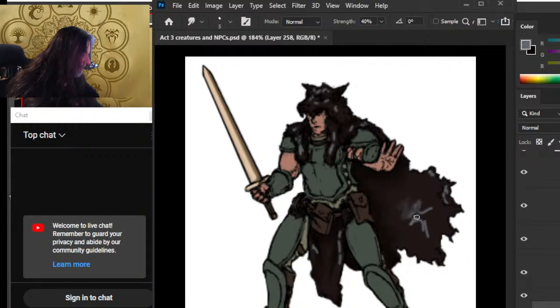This is a separate layer from the shadow that we've done already, so I can't really screw anything up. So right now we're adding the basic lighting, and I see some opportunities inside of here for us to do some additional texturing, which we will do after we finish the base lighting and highlights and shadow work that we're working on here. So when we come back tomorrow, I'm going to be running out of time here pretty soon.